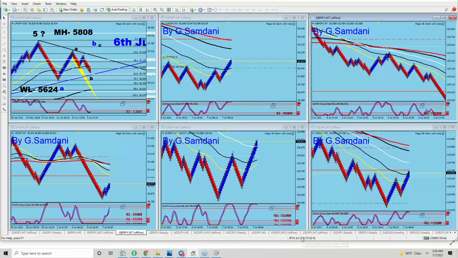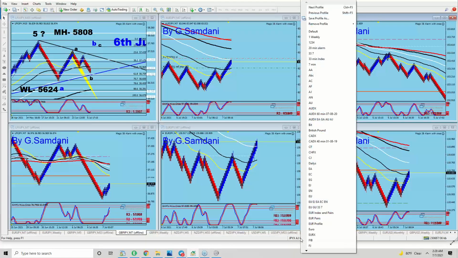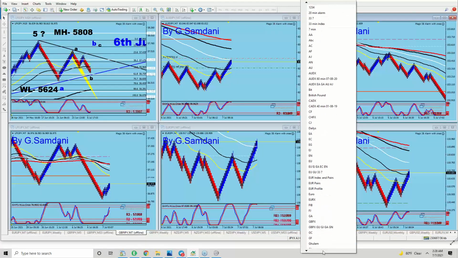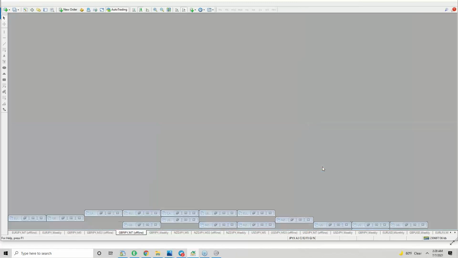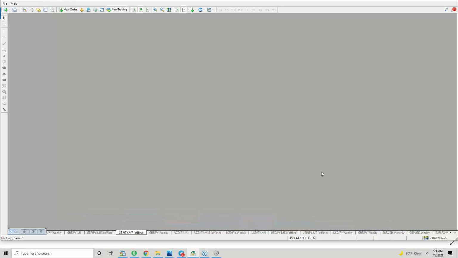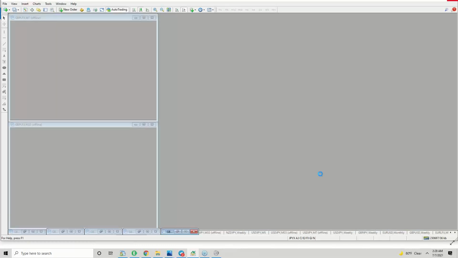For example, I have this yen profile, right? Let's say if pound news is scheduled, I'm going to open the pound index and pound pair profile with multiple charts at the same time. So let's see. This is how it will open up. And then I will set up the charts, refresh the charts, and around the news I will watch. After the news, I'll watch for the reaction, right? So then I'll see the reaction, the proper reaction comes, and then